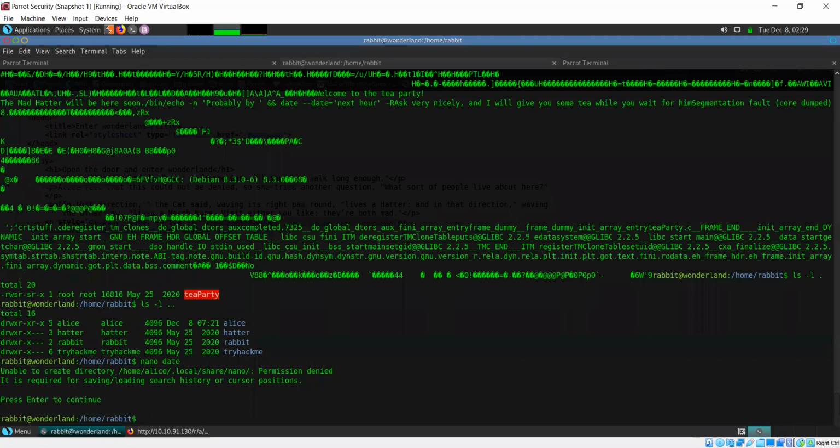Now, within that file again, we can try to get a shell to be spawned. This time, of course, there's no use in Python. We just have to directly specify that we want to use a shell.